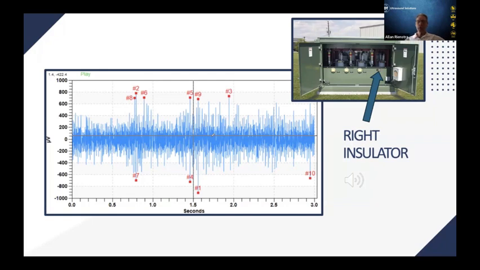So non-intrusively and from a safe distance away, we were able to detect the presence of a problem, open up the doors, and say it's the insulator on the right. Now electrical maintenance can come and do their thing. A lot of times, this is again owning the apex of the P to F curve, while we're finding this problem very, very early in the failure curve. This could be remediated just with a little dry ice cleaning. And a lot of times that's all this takes to get it back,